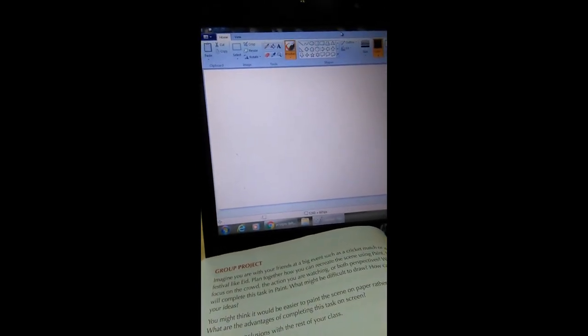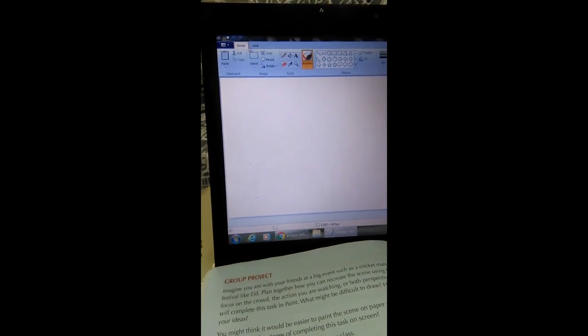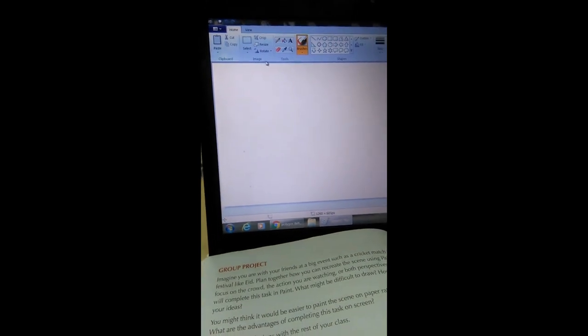This is the main window of MS Paint software. This window is actually having different parts. At the top there is a title bar where the title of the software, Paint, is written, and then there are two tabs, Home tab, View tab. There are different groups as well. This is the complete ribbon and different groups are available over here. The first one is Clipboard, Images, Tools, Shapes and Colors groups.